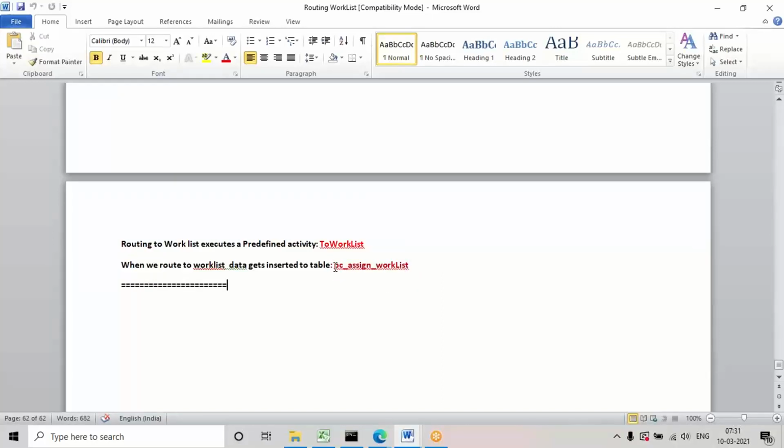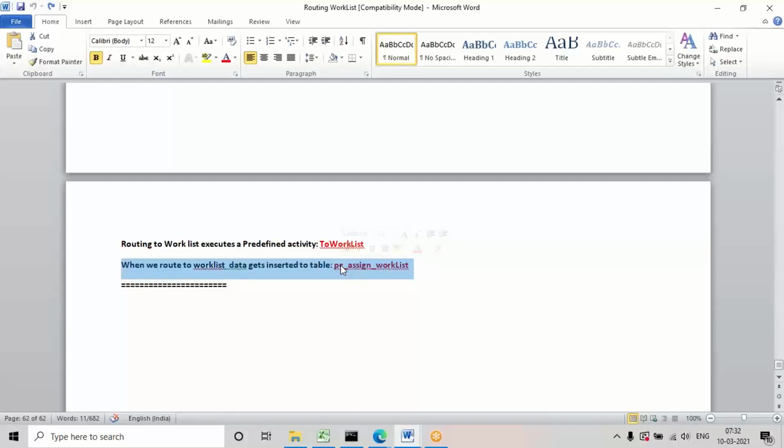When any routing entry using work list is transferred, during the processing the item will be available in this table. No need to check, but if they ask you which table the work list items are in, we can check it in the rule base: PC underscore SN underscore work list. Likewise, for queues, which we'll use in the next example, the queue table is PC underscore SN underscore work basket. So these APIs add entries to these tables in the background.